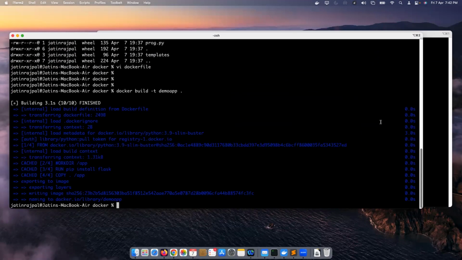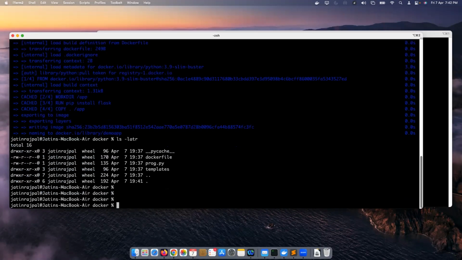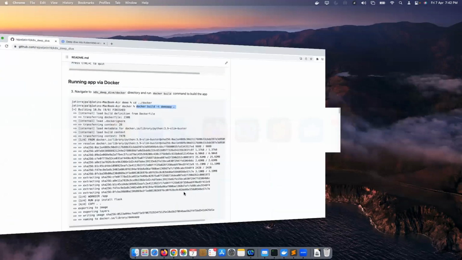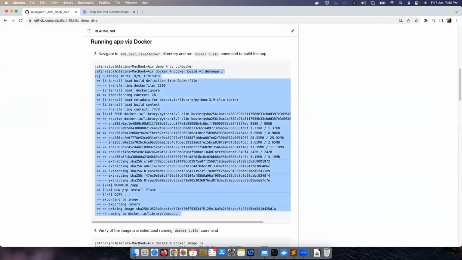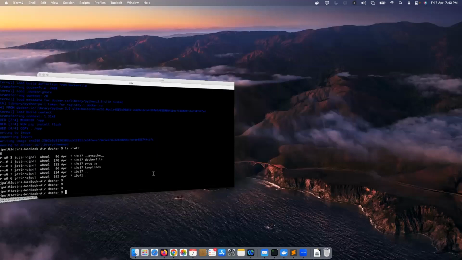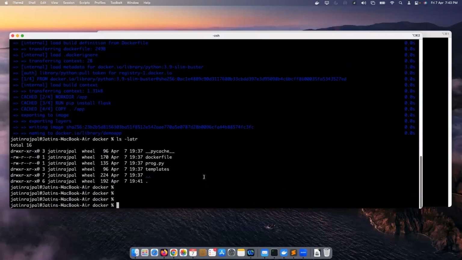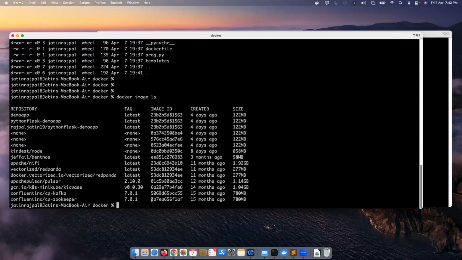It will pull the different images that are required, your dependencies and things like that, from the image registry, and it will create an image. Now, what is an image? It's not something that you can see here. How you're going to validate your image is mentioned in the next step. As a byproduct of this step, docker build, you should have your image created. And to check your image, you just need to do docker image ls. With that, it is going to list all your images.